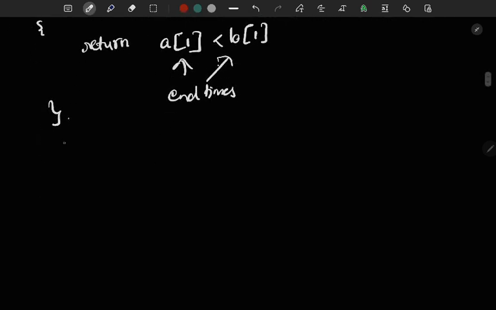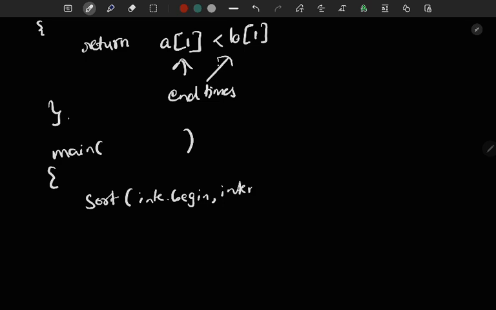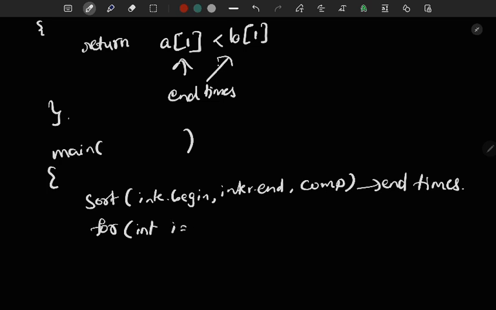So after writing this, in the main function we have to write sort of intervals dot begin, comma intervals dot end, comma compare. Then it will sort by end times. After that, we have to traverse through the array. Before this, previous end is equal to intervals of